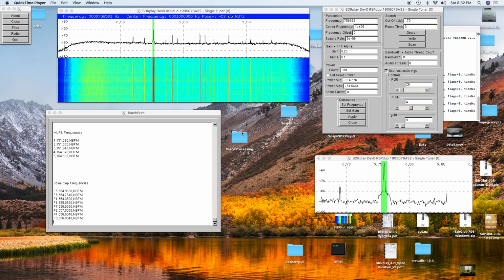I'm going to show some of the new scan and search features in SdrGlut. The first improvement is you can now do a search. So if I go up here to the broadcast band and do a search,